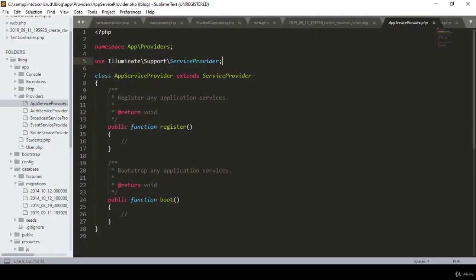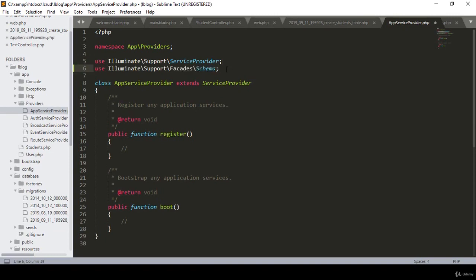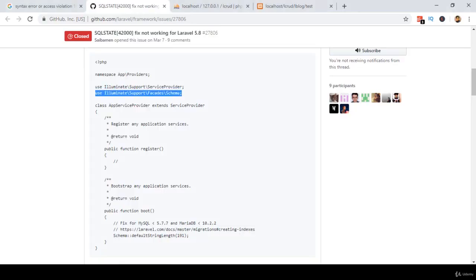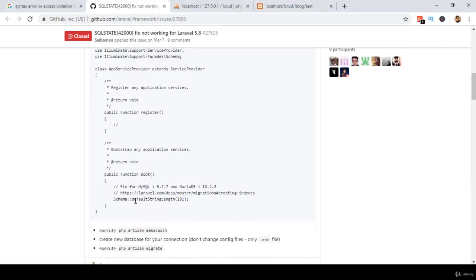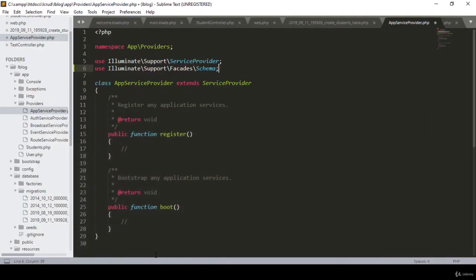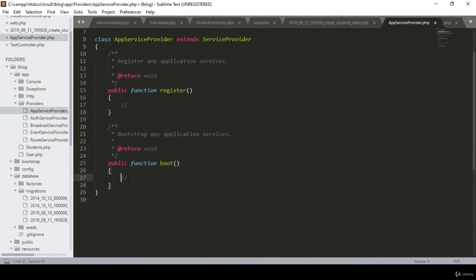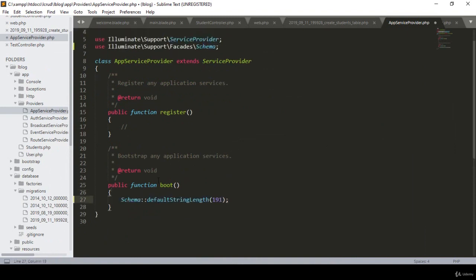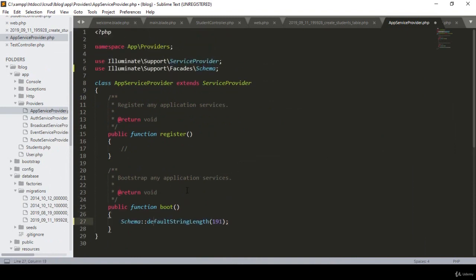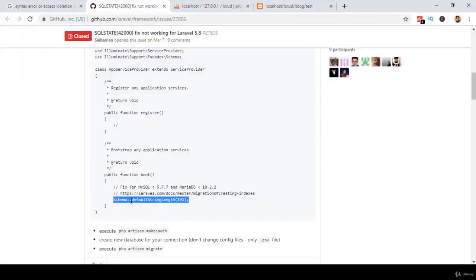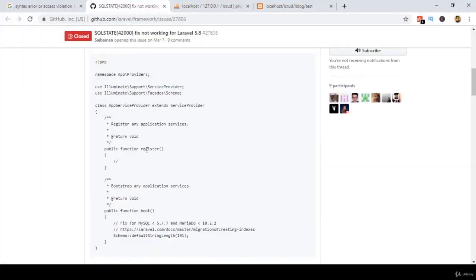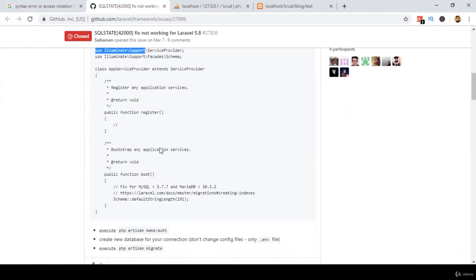So I just copy it, and now I just added that class in that particular position. And also you have to update one thing in our boot method: here you have to assign that one. So I just copy it, and here there is a register, there is a boot. In our boot method you have to add that. Okay, so that's all you have to do. Like here, the register application,